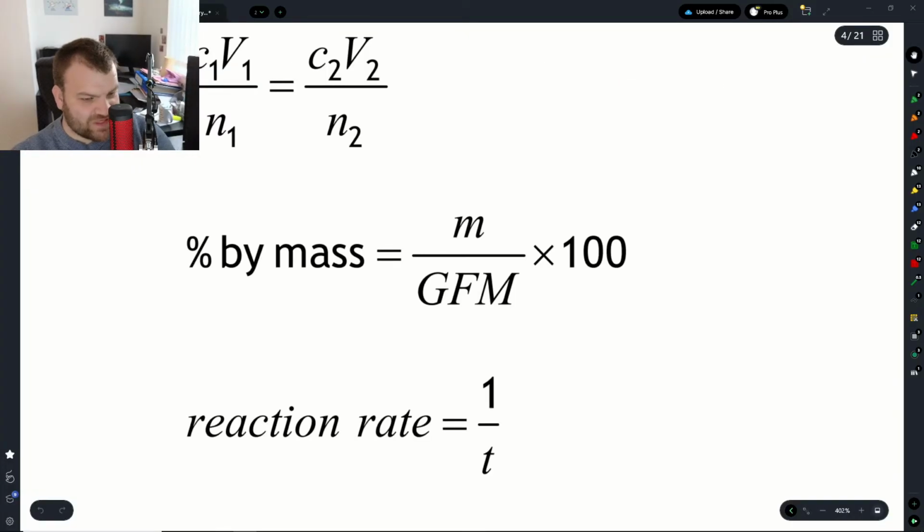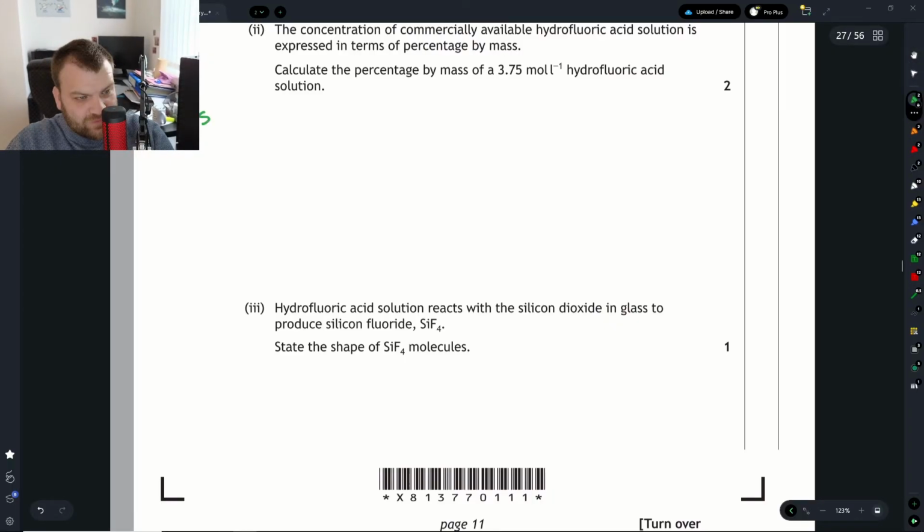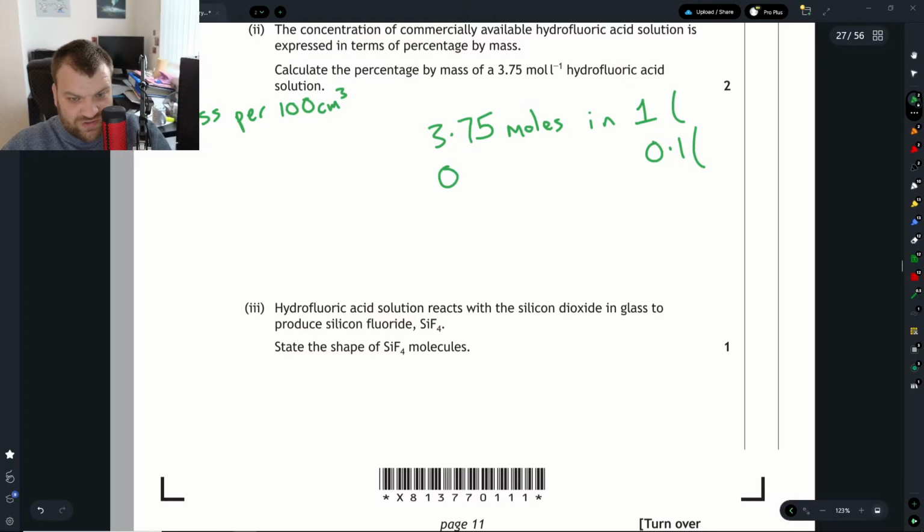Next question asks us about the percentage by mass of the solution. Anytime I've dealt with percentage by mass, I'd be using the mass divided by the GFM times 100. That's not going to work in this situation. In this situation, we are dealing with solutions, so we are looking for the mass per 100 centimeters cubed. And what we are told is that there are 3.75 moles in 1 litre. Therefore, in 100 centimeters cubed, or 0.1 litres, that should leave us with